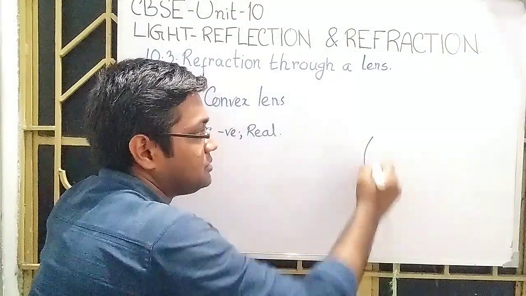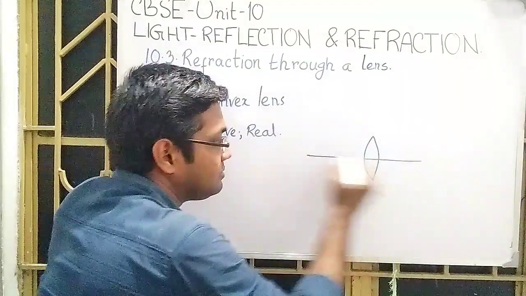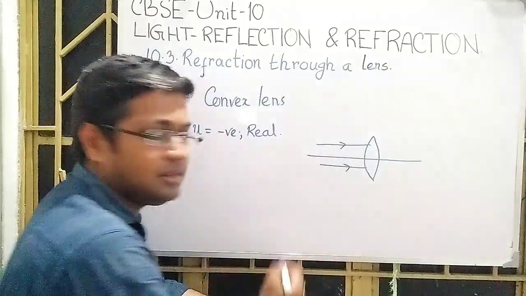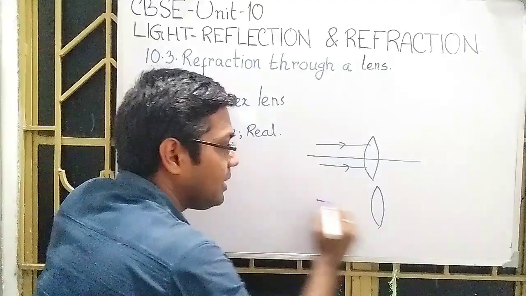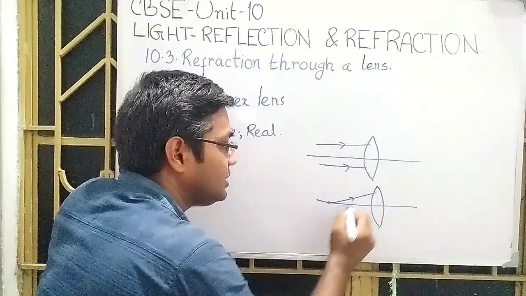I will make you understand with the diagram. If the object is a real one, then either parallel rays will come and be incident on the lens. If it is a point object, then diverging rays will come,